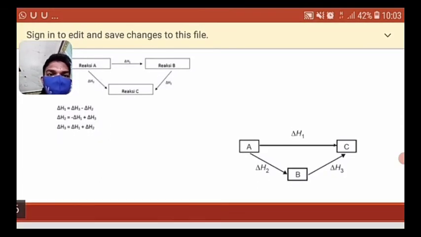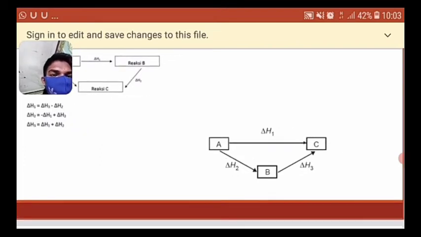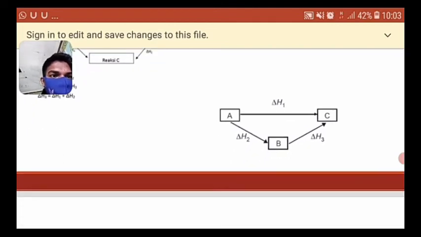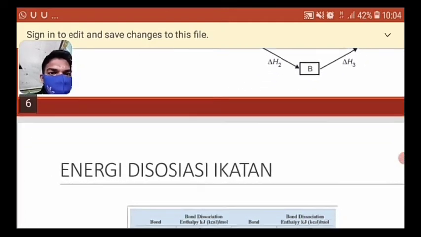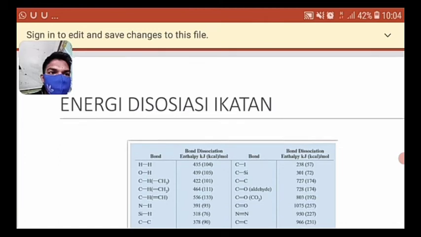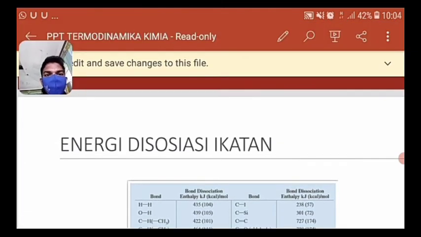And the same thing, delta H3 equals enthalpy change 1 plus enthalpy change 2. You can see it is also simpler in the picture on the right side: A, B, C, A, C, B. This is the same as the one at the top. So the next page is